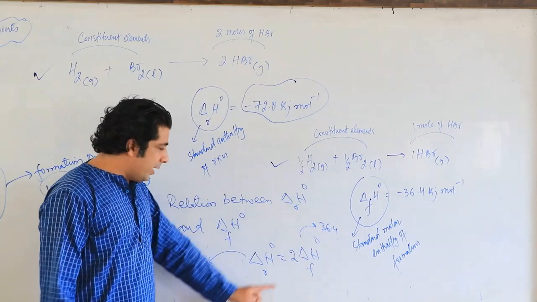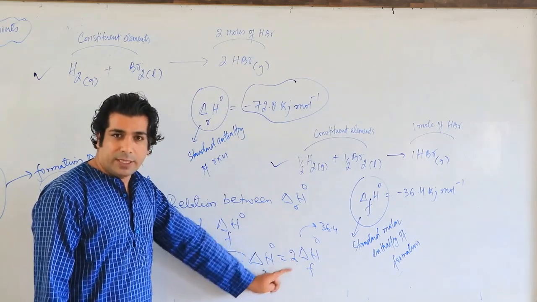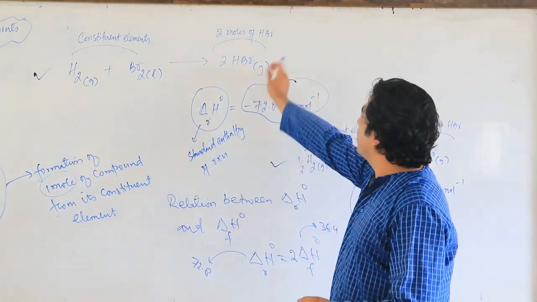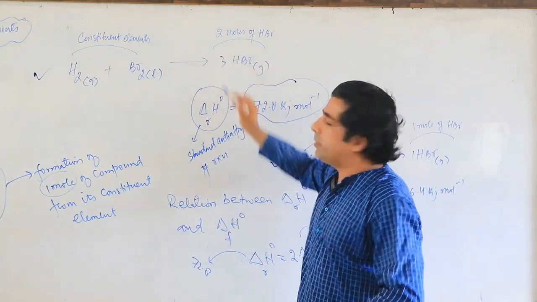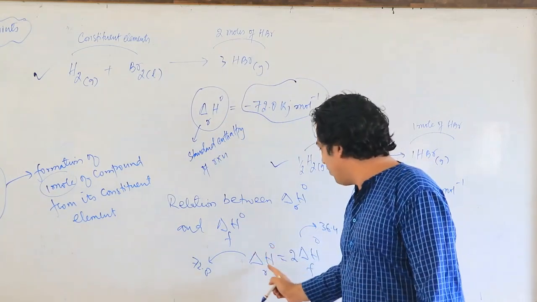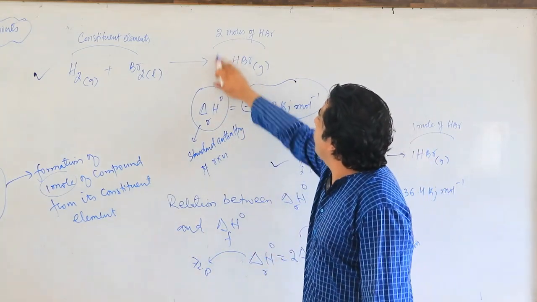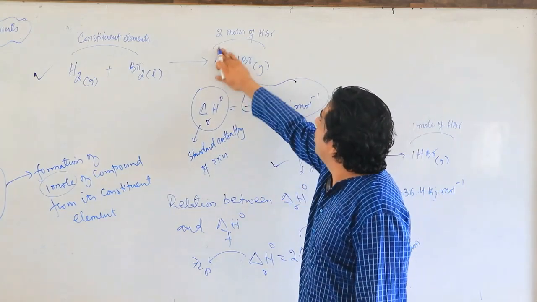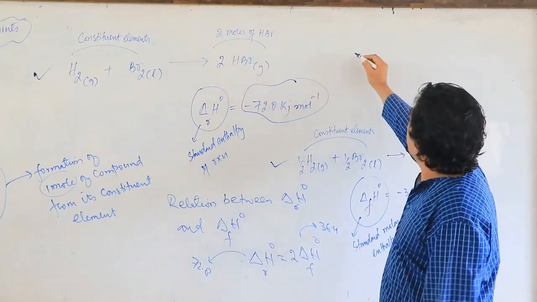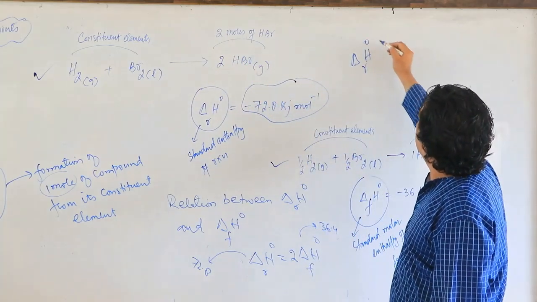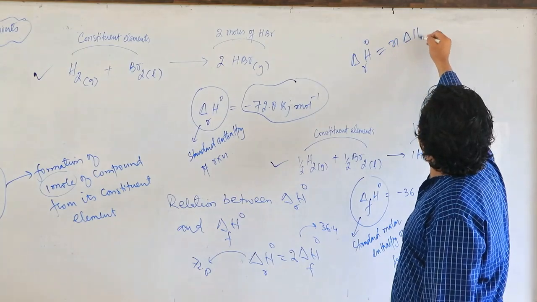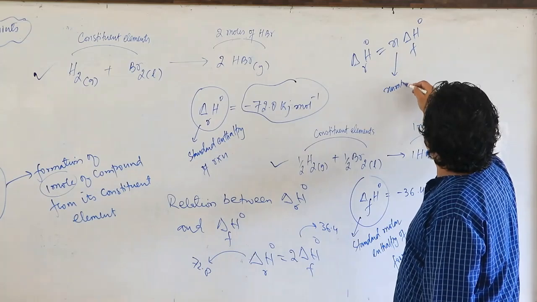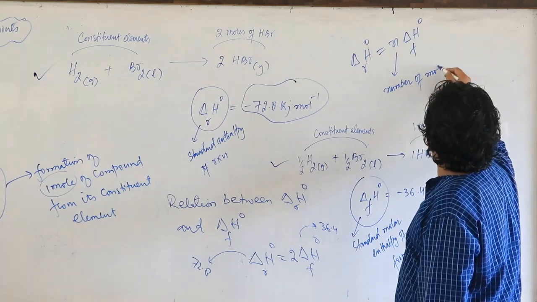Now my dear friends, in place of this 2, you can write n. Because if you make here, let us suppose, 3 moles, then this will become 3. If you make here 4 moles, then this will become 4. So better we write n now. So I will write delta H R naught is equal to n delta H F naught, and n stands for number of moles formed